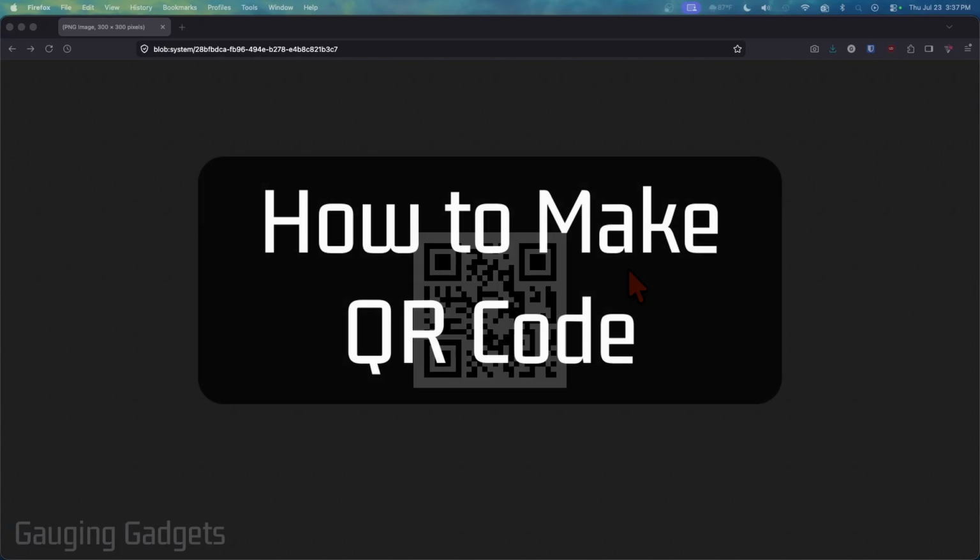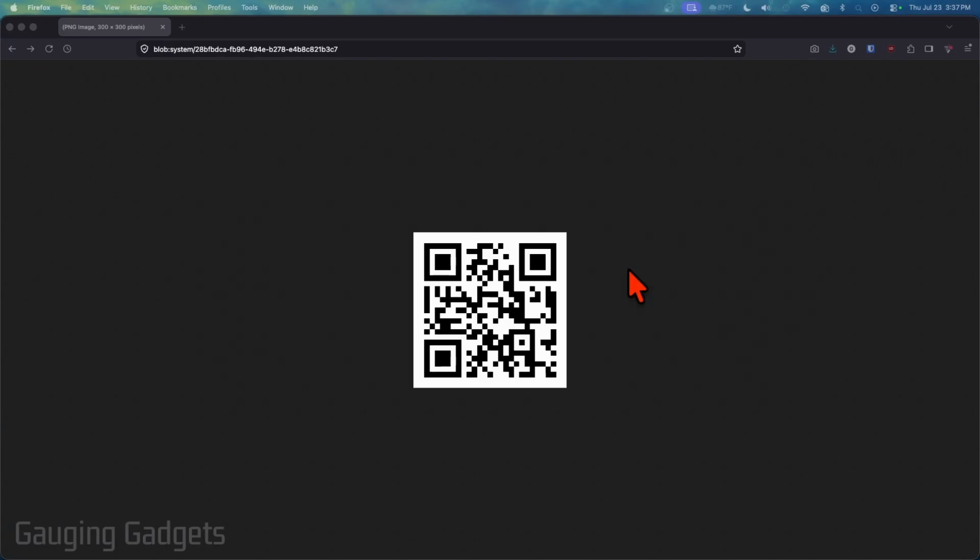How to generate a QR code. In this video, I'm going to show you how to easily make or generate a QR code on any device